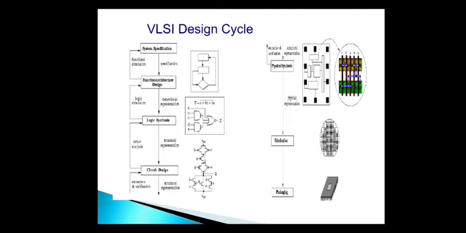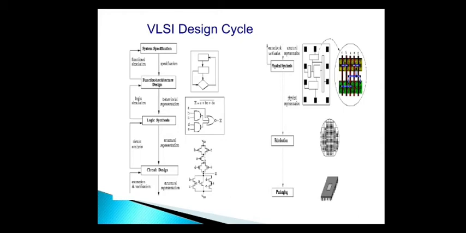For example, 74LS08. It's a 2-input AND gate IC and its specifications are operating voltage 4.75 to 5.25 volt. Recommended voltage is 5 volt. So this IC can be used up to 5 volt. The rise time is 18 nanosecond, fall time is 18 nanosecond, operating temperature is 0 degree to 70 degree. All these are the specifications of the specific IC 74LS08, which is a 2-input AND gate IC.